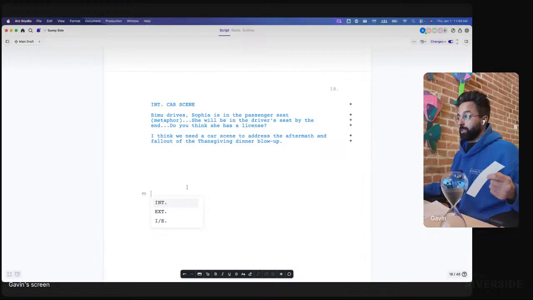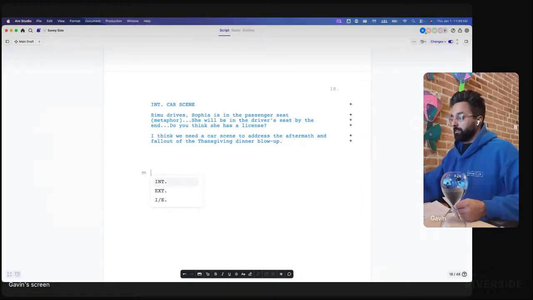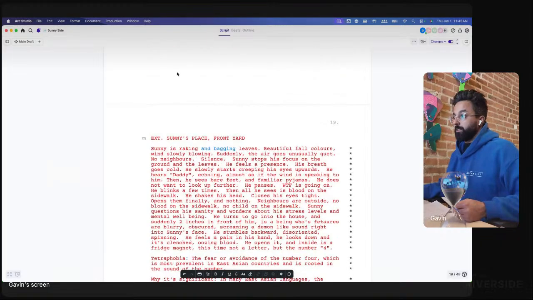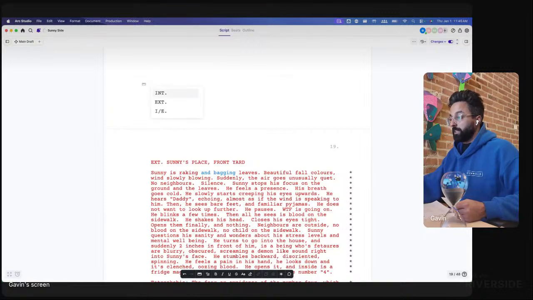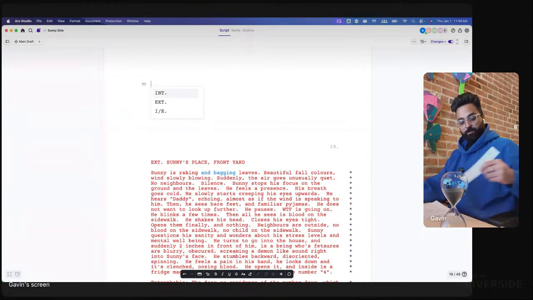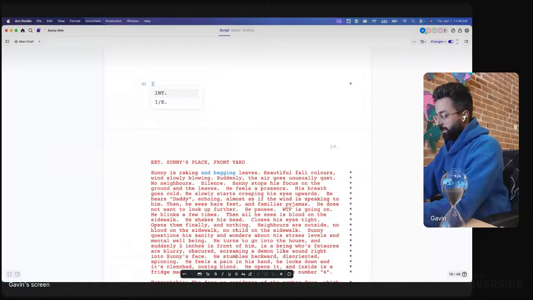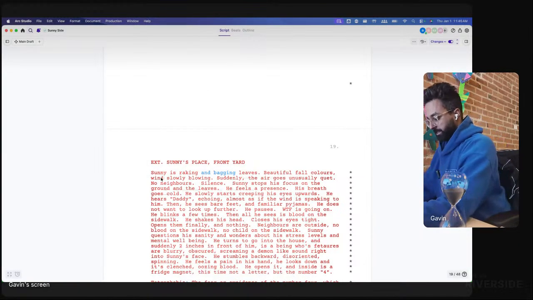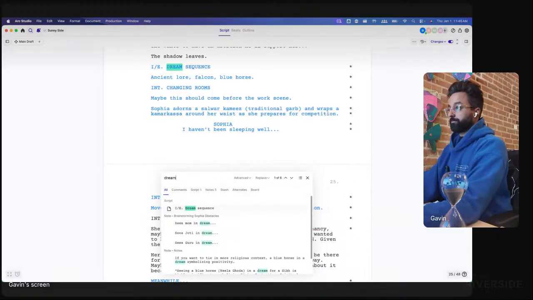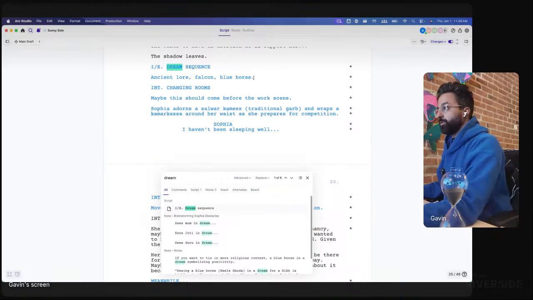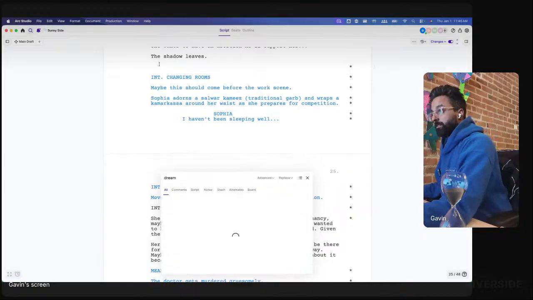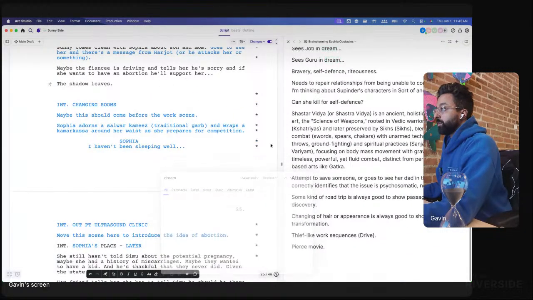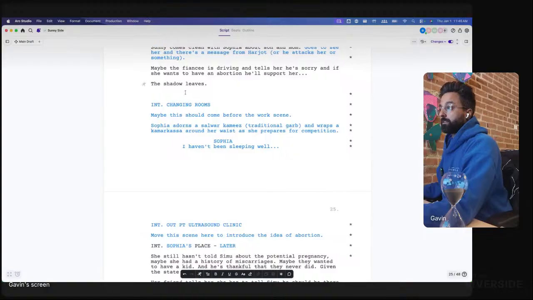So this is a great example of the writing process and how it can really sometimes be very simple and almost stupid. So this scene goes from the car scene to, where is it? I gotta find it. I actually bumped this up because there's an interior exterior dream sequence. Ancient lore, Falcon, Blue Horse. Probably sounds pretty dumb right now, but